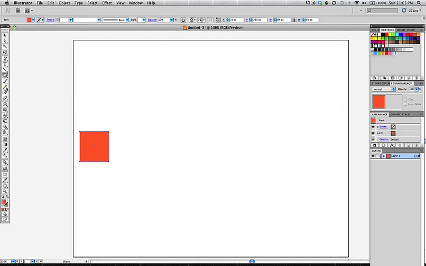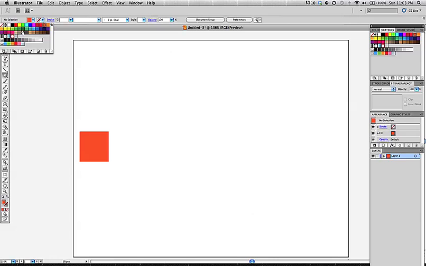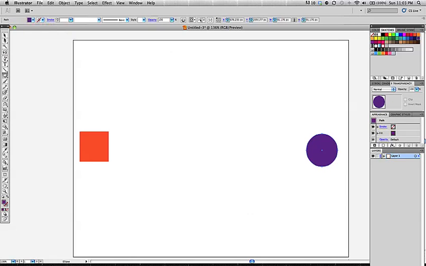making sure that I deselect my square. I'm going to change the color of my fill to be purple, and over here on this side I'm going to draw a circle. And I'm holding down Shift so that I keep my objects, both the square and my circle,